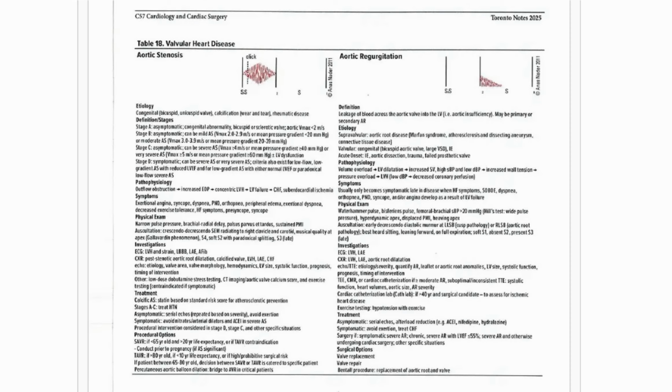Let's begin with aortic stenosis, one of the most common valvular diseases encountered in clinical practice. The hallmark of aortic stenosis is obstruction to blood flow from the left ventricle into the aorta during systole, producing the characteristic crescendo-decrescendo systolic ejection murmur, often preceded by an ejection click in congenital diseases, as illustrated at the top